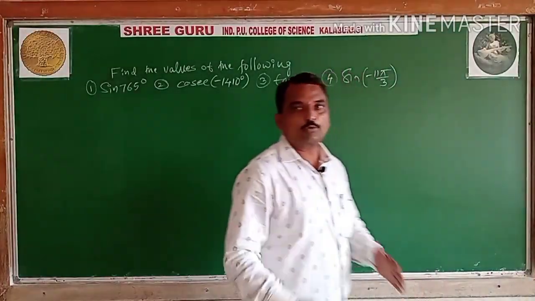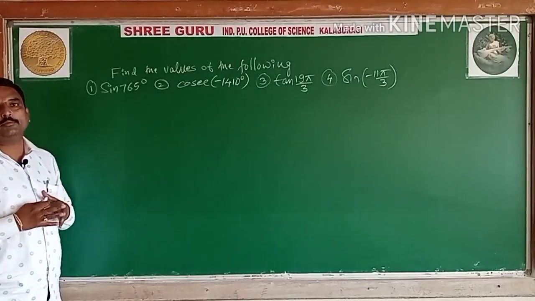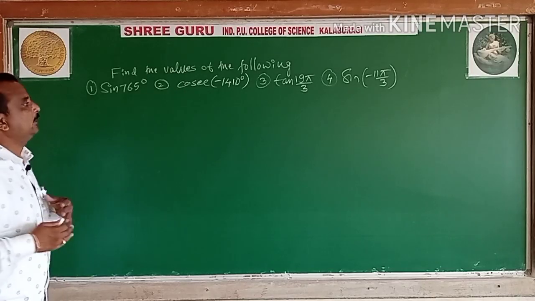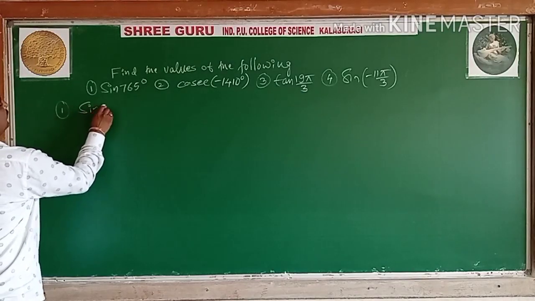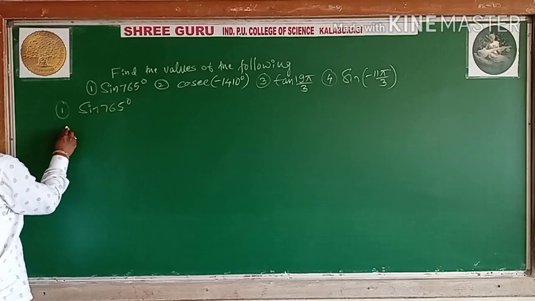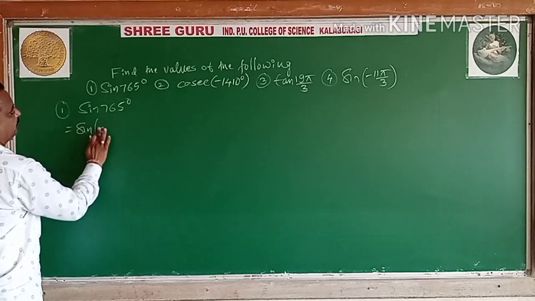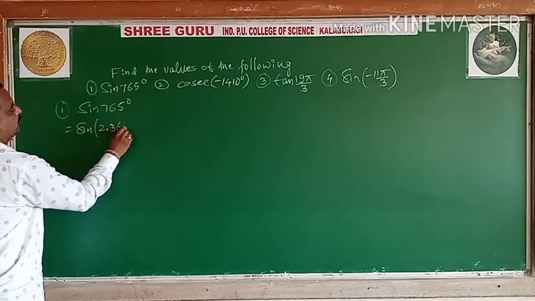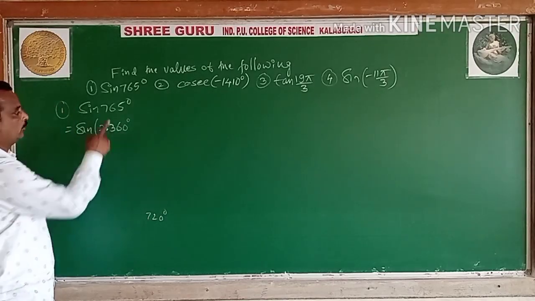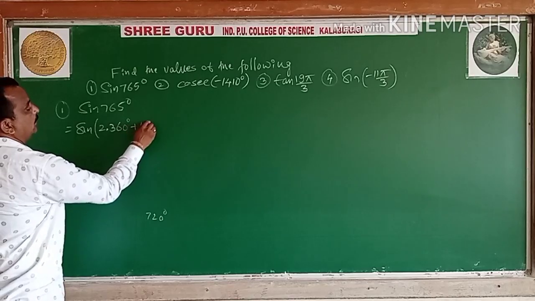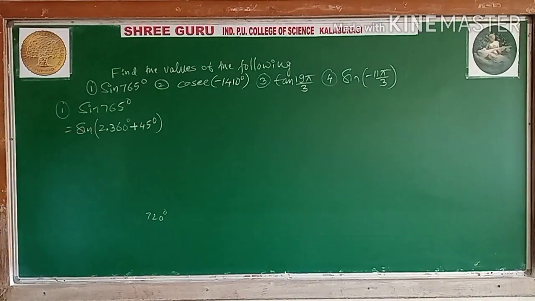You know very well, you have to convert these angles in terms of standard angles. You have to calculate their values by using the allied angles. Now you have studied the allied angles here. Now let us see one by one. First one, sin 765 degree is equal to, so 765 degree, student. 765 degree means it is 2 times of 360. How much it is? 720 degree. 2 times of 360, 720. How much you want? 65 you want. Either you plus, if excess, you can make minus. If you need, you can add plus.